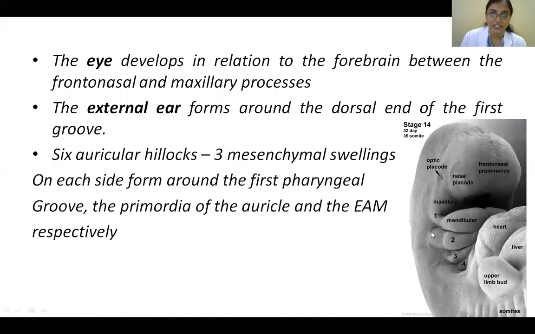So the first ectodermal cleft. The first arch is called the mandibular arch, and this is the second arch. Between these two, you have the first ectodermal cleft. So when you look at the side of your face, is there any depression? Actually there should be, this is the embryo, this is 1, this is 2, this is 3, but you don't find them. Only one depression on the side of your face, and that's leading into your ear. So the external ear is formed from the first ectodermal cleft, that too its dorsal part. So this region will form the ear.